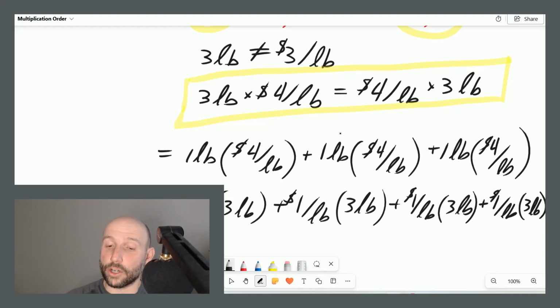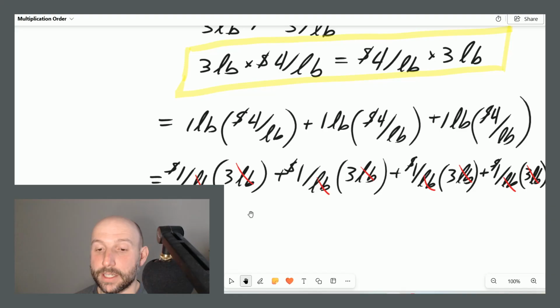Okay, so you're charging someone $1 per pound 4 times for those 3 pounds. Now, some might look at that and think, well, isn't that 12 pounds? No, because look, the pounds on top cancels out the pounds in the bottom, because anything divided by itself is 1. And the result is $3 plus $3 plus $3 plus $3,